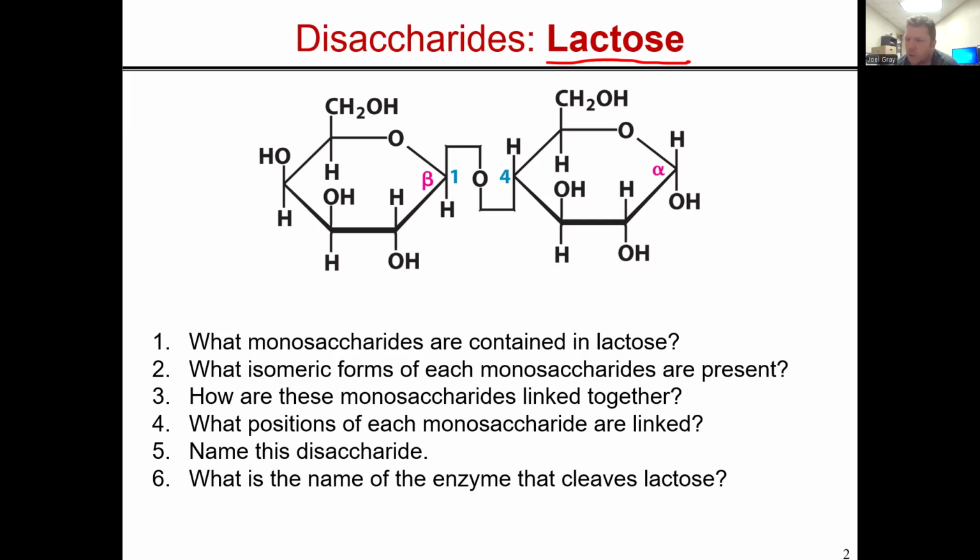These are all questions that I want you to be able to answer for your exam. What monosaccharides are contained in lactose? What isomeric forms of each monosaccharide are present? How are these monosaccharides linked together? What positions of each monosaccharide are linked? What is the name of the disaccharide? And what is the name of the enzyme that cleaves lactose? Okay,